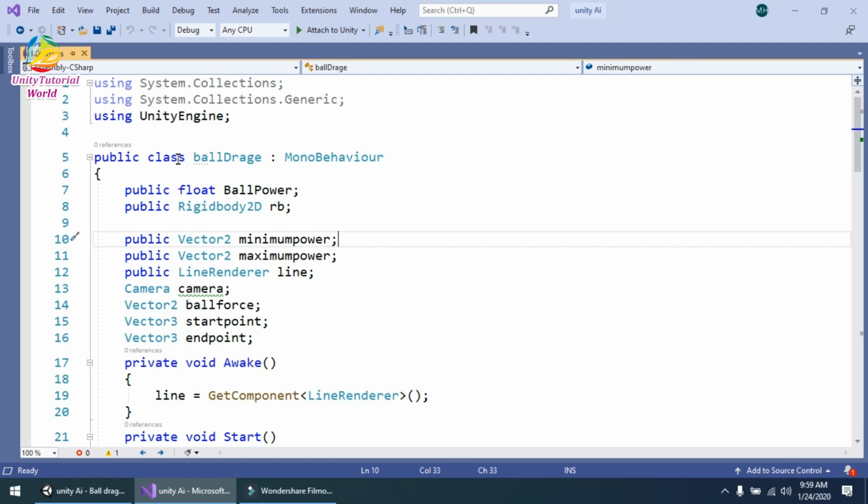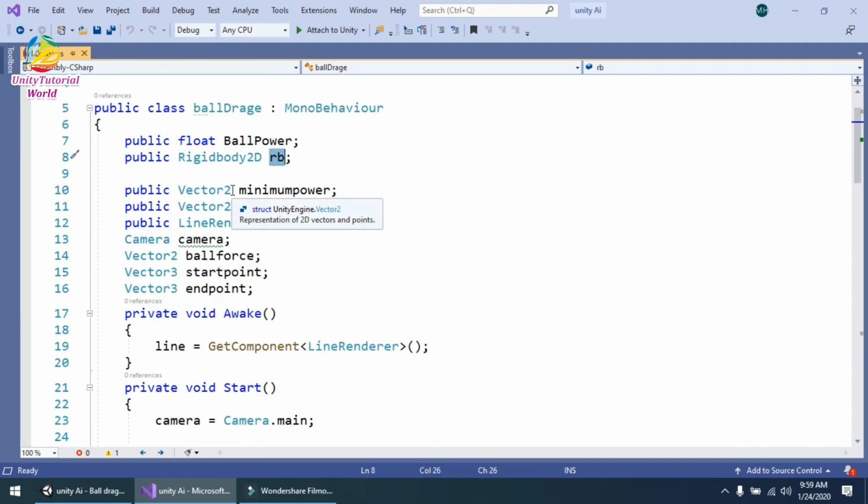I use a simple script, named BallDrag. First I will create a simple float ballPower, or you can call it ballSpeed. And get the Rigidbody 2D by simply creating public Rigidbody2D rb, and a public Vector2 minimumPower and a public Vector2 maximumPower.